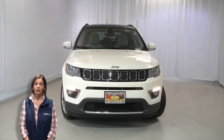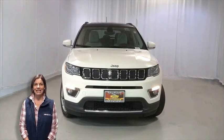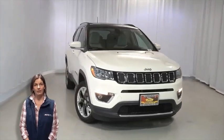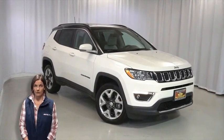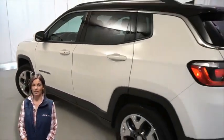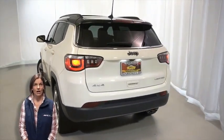Looking for a functional, compact SUV with reliability and safety for the whole family? Then take a look at this certified pre-owned 2018 Jeep Compass Limited in white clear coat. With halogen quad headlamps, front fog lamps, 18-inch aluminum wheels, power heated mirrors, bright daylight opening moldings, single exhaust with